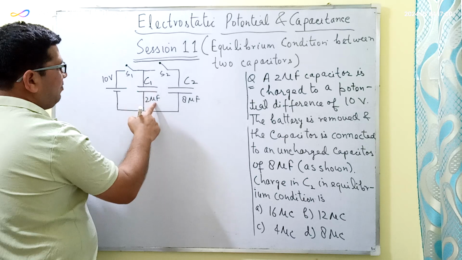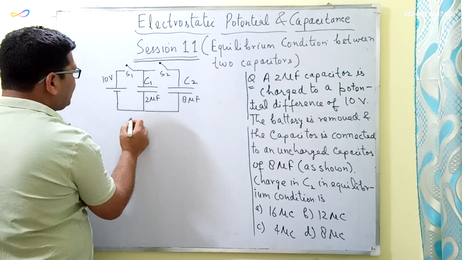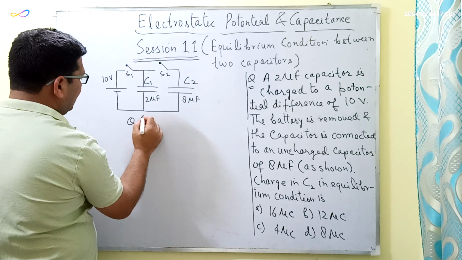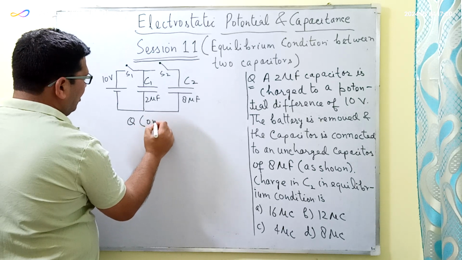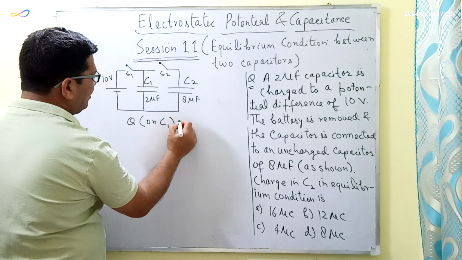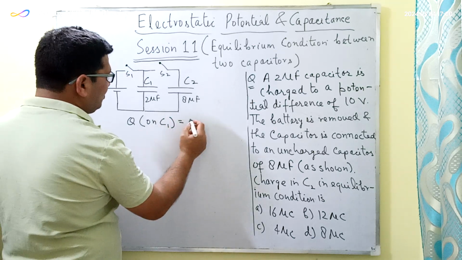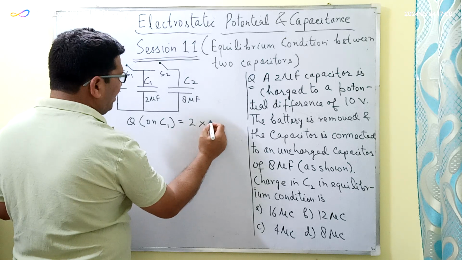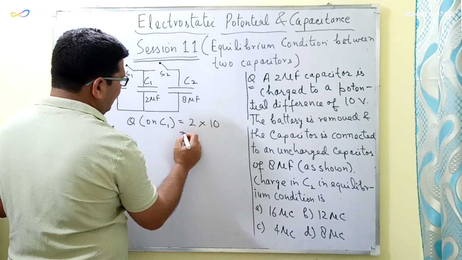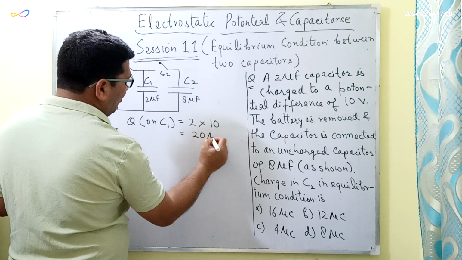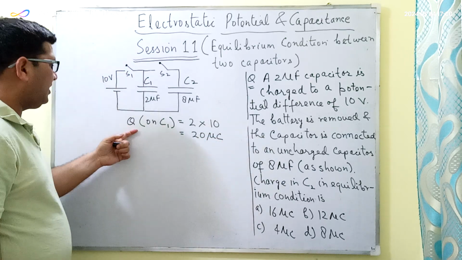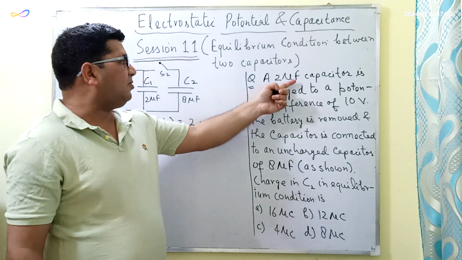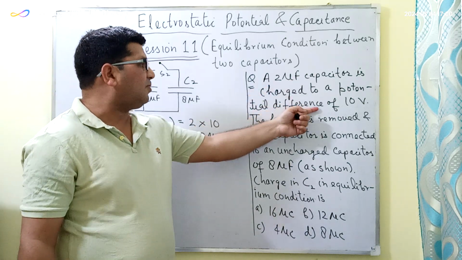Then the charge on this C1 capacitor will be equal to Q. Now Q is equal to C into V. The capacitance of C1 is 2 microfarad into 10, which is equal to 20 microcoulomb. So this is the total charge on this 2 microfarad capacitor when it is charged to a potential difference of